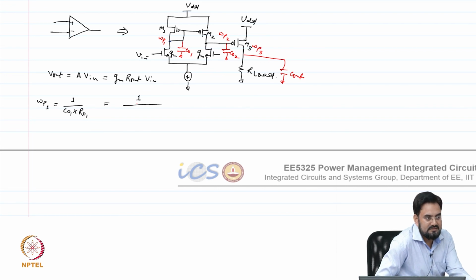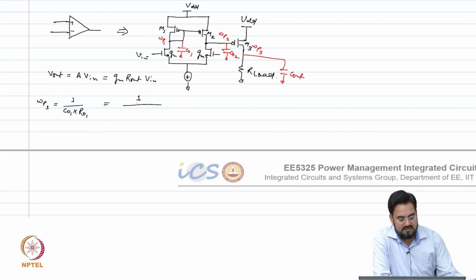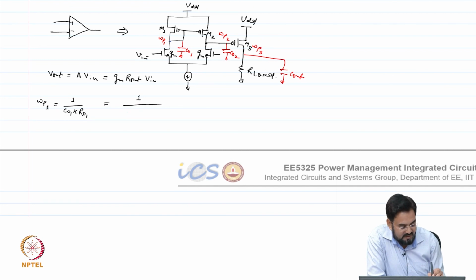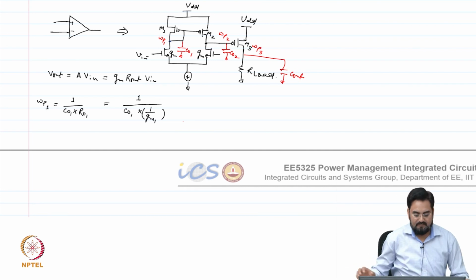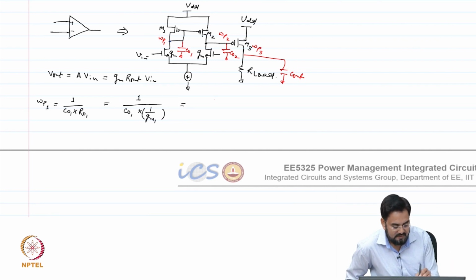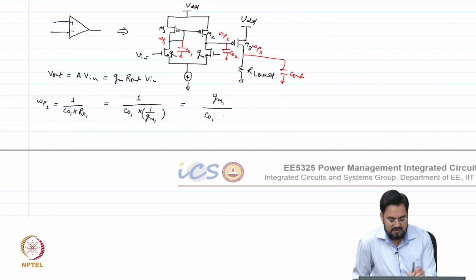Okay. So, it will be defined by CO1 into 1 over GM1, correct, which means 1 over CO1. This is with the assumption that